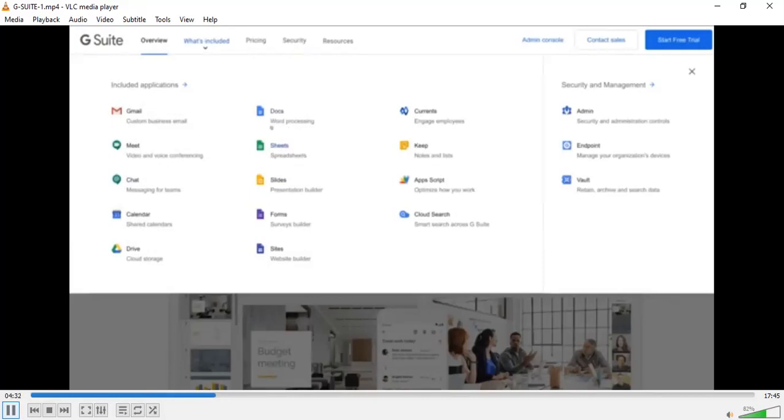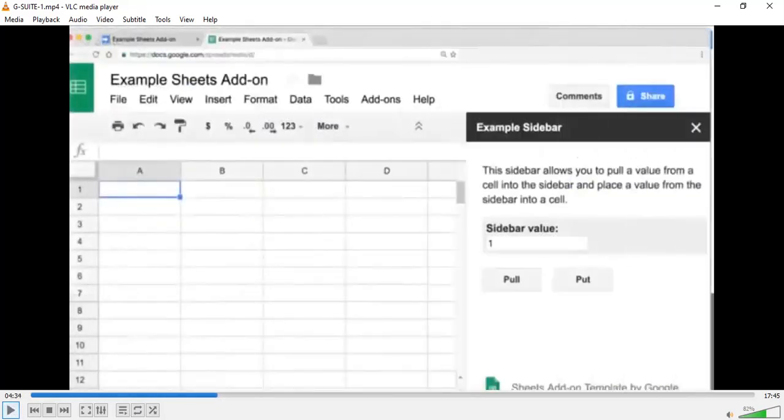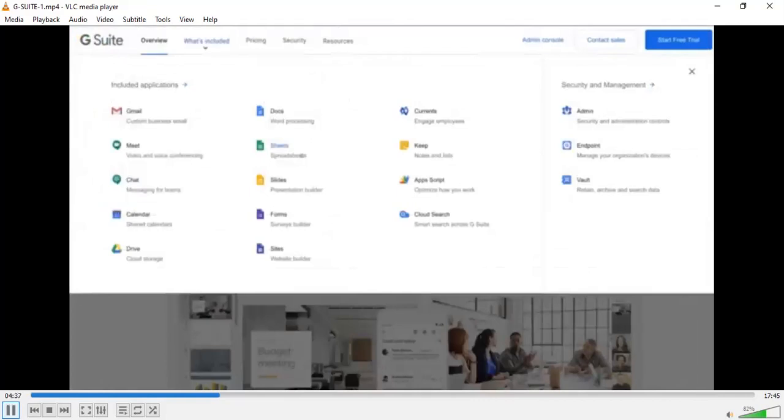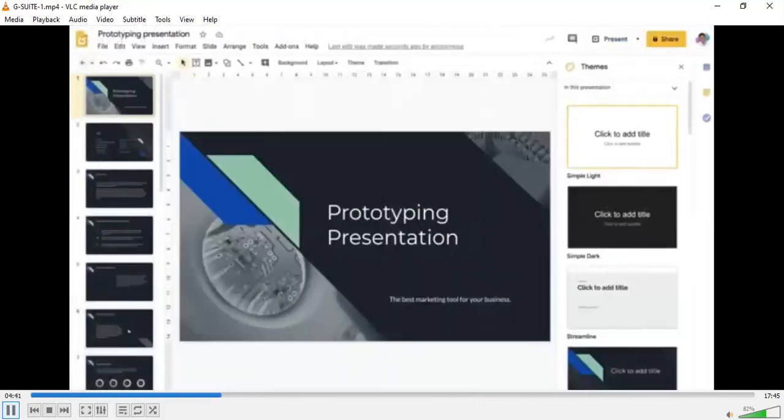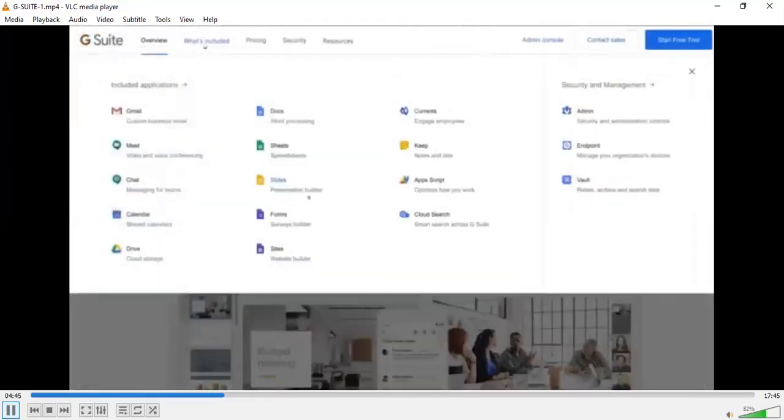So we have Google Docs and we have Google Sheets, which is similar to Google Docs. Google Docs is an online alternative to Microsoft Word. Google Sheets is the online alternative to MS Excel. These are spreadsheets that you can create, share, and collaborate on. Then we have Google Slides, where you can create a presentation. This is the alternative to Microsoft PowerPoint. You can work with your Microsoft PPTs in Google Slides also. You can store them as a Google Slide that you can share with your team or your customers. You can also download all these documents in different formats.